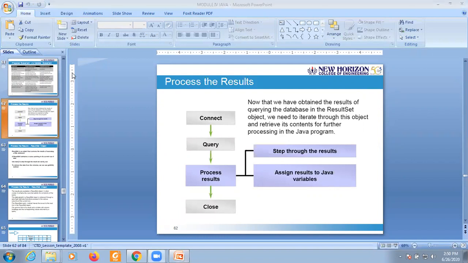Now to process the results, we have two things. One is to step through the results, going through them one after the other, and assign the results to Java variables.